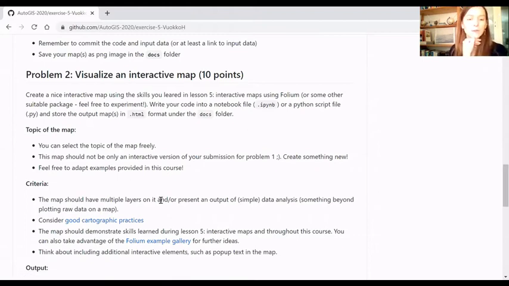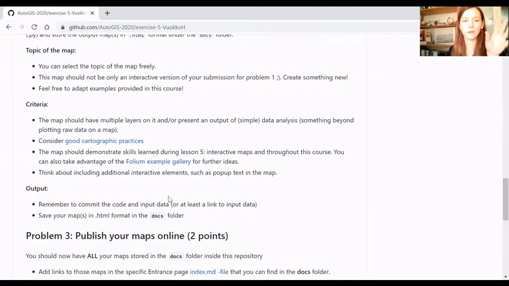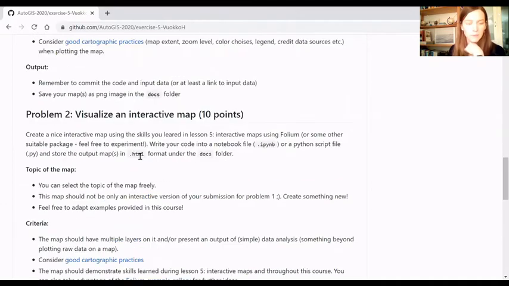And here the point is to familiarize yourself with the Folium tools. We had to skip through some of the sections during the lesson, so already repeating the things we did in the lesson, reading Folium documentation, thinking about the visualization choices is then enough for this second problem. Save the map as an HTML file and store that HTML file using your code into the docs folder. And don't forget to commit your notebook file or files as well